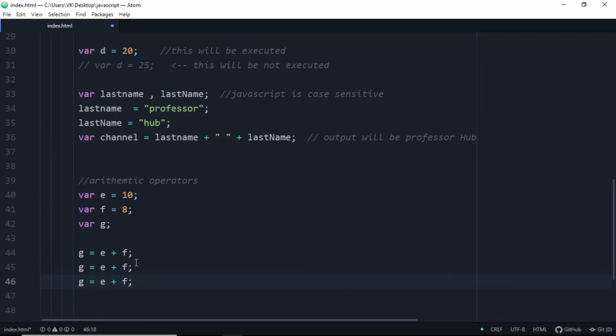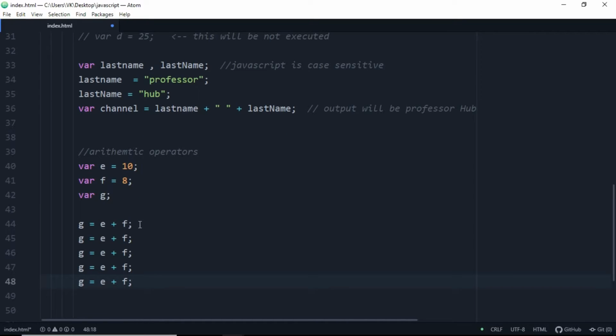And just copy out this line and paste it for n number of times. We are going to use different arithmetic operators in each of the lines. So comment it out as addition, and change it to minus and just make this subtraction, or subtraction, whatever you like to say. Okay, I'm gonna make it subtraction here.